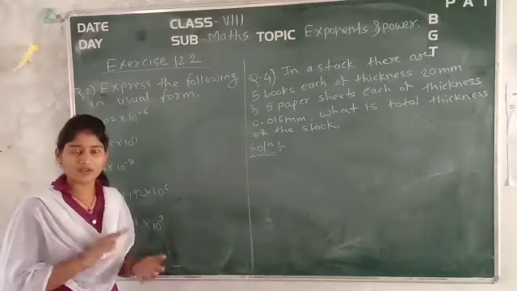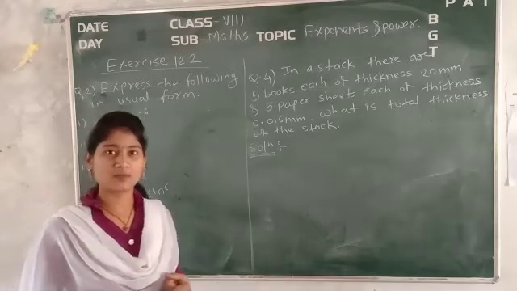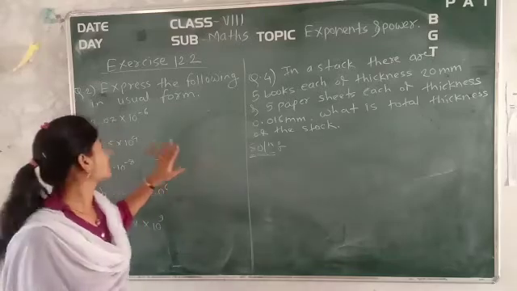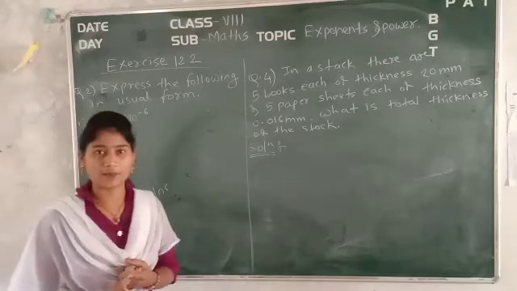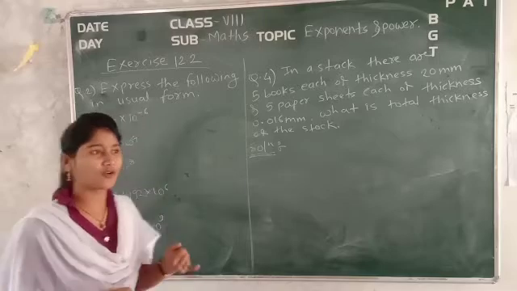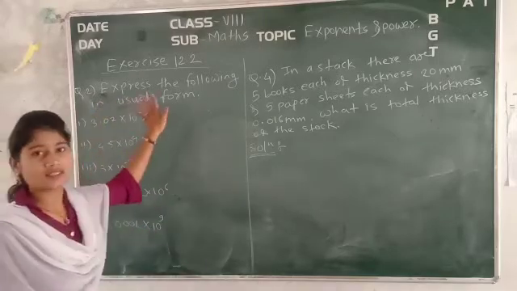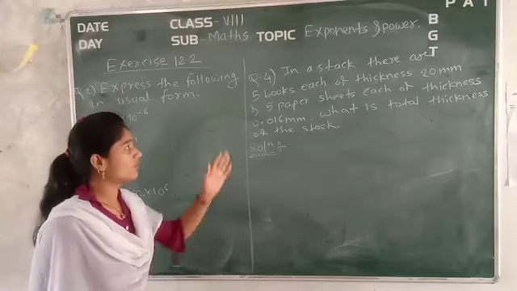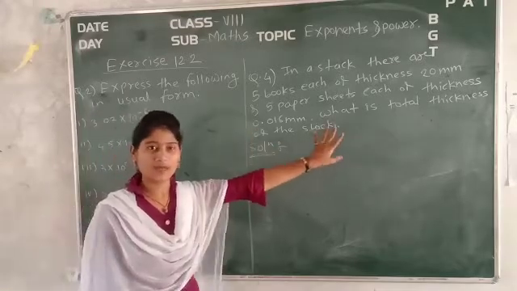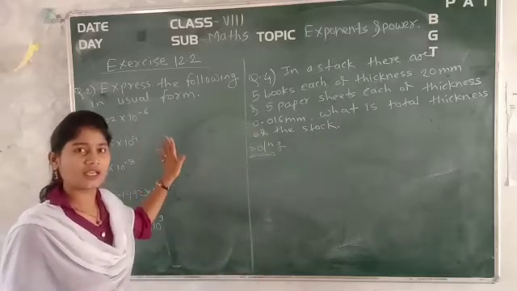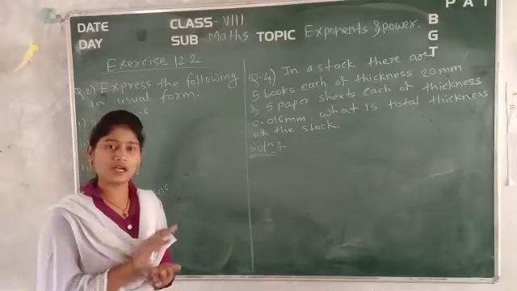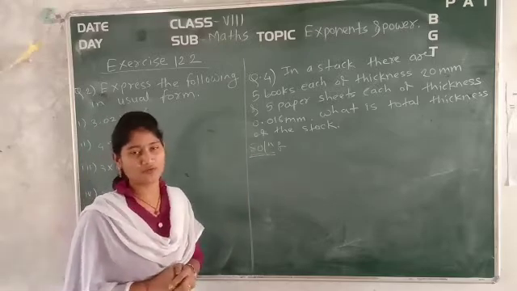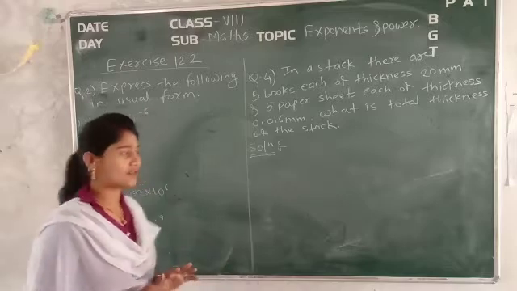Okay, so in the previous live session, we learned about 12.1 and 12.2. Within that, we have seen question number 1 and question number 3, which were the same. Now we are going to see question number 2, that is converting the given number into the usual form. And the fourth question deals with a word problem, but it is related to exponents only. They have given it in wording, that's why it becomes a word problem. But still, the same procedure that you have to follow within this. Okay, so just get ready for this one.